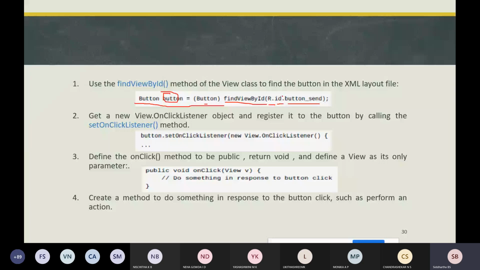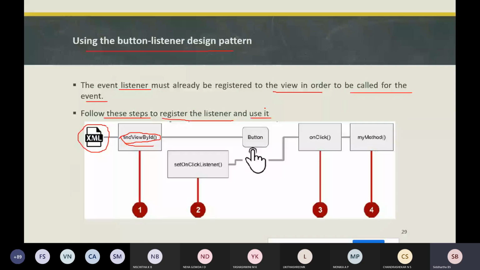Second step. You need to get a new View.OnClickListener object. First, we need to get an object from View.OnClickListener, and after getting that object, we need to register it to the button. How do you register it to that button?